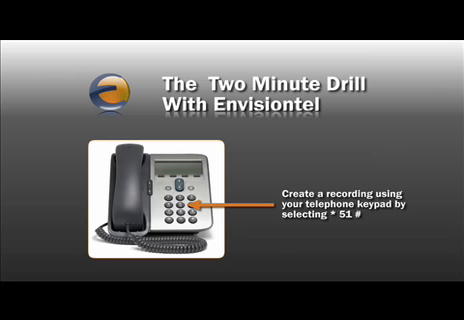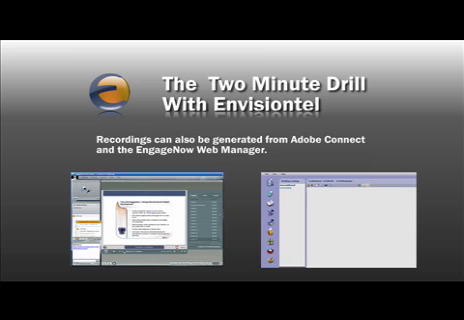There are several ways you can create recordings with your Engage Now conferencing service. The first, and probably the easiest, is to simply select *51 and then pound on your telephone keypad. The other ways are through either our integration with Adobe Connect or using the free web manager that comes with